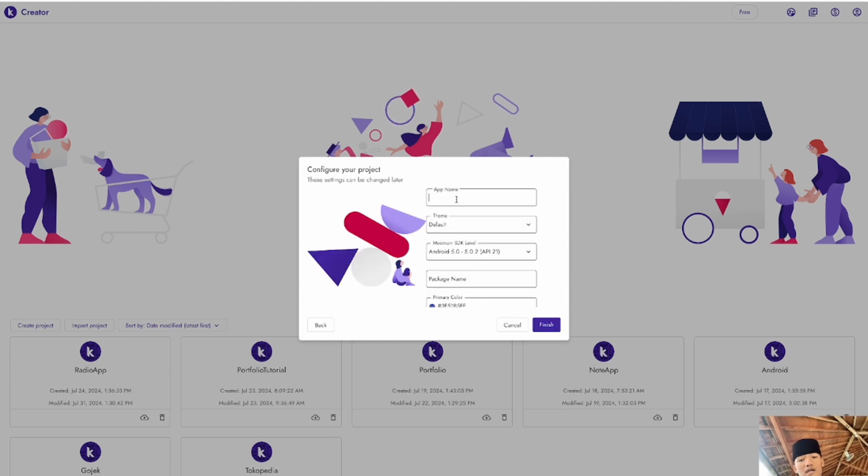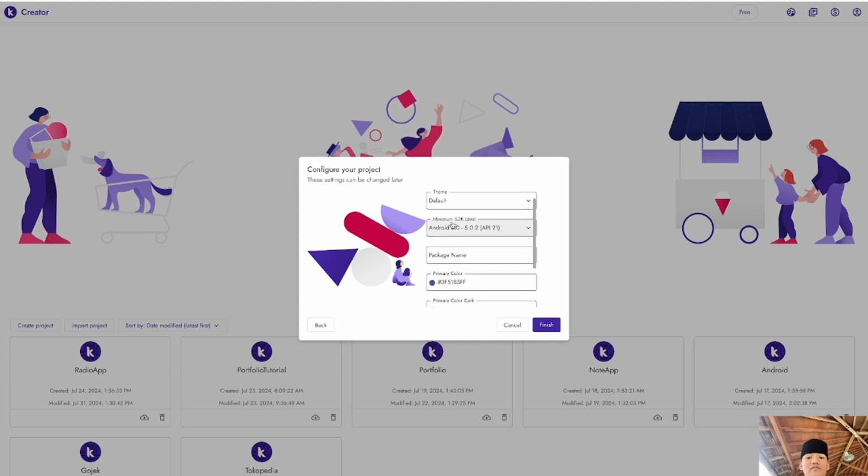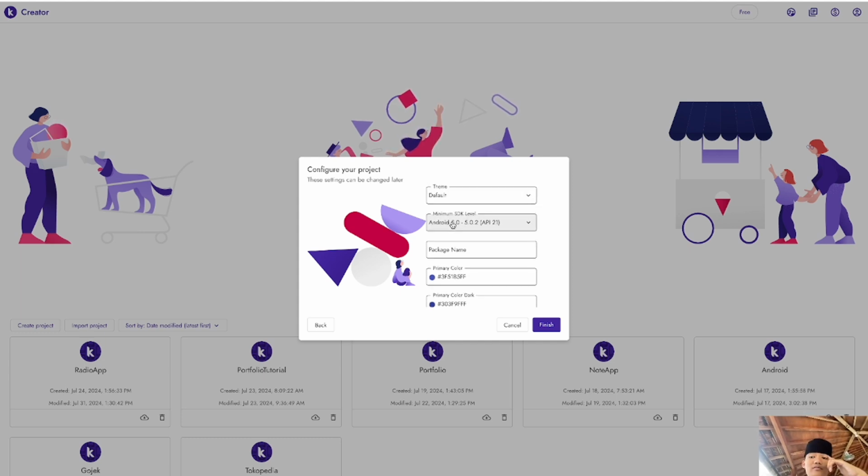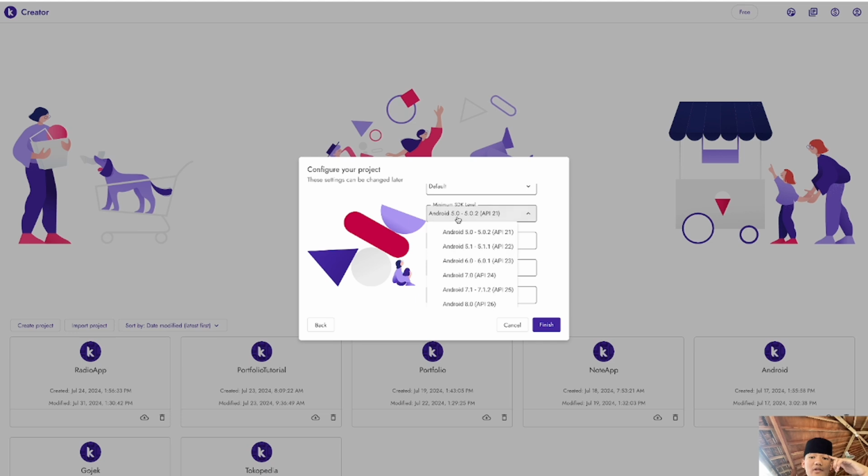Next, app name. It will be Radio Cool. For theme, it will be default. Android maximum SDK level, we're going to put at the lowest one, so everybody from Android 5 can use it.